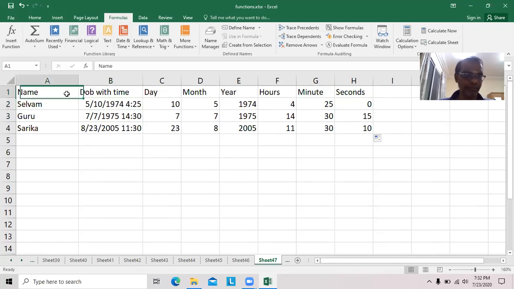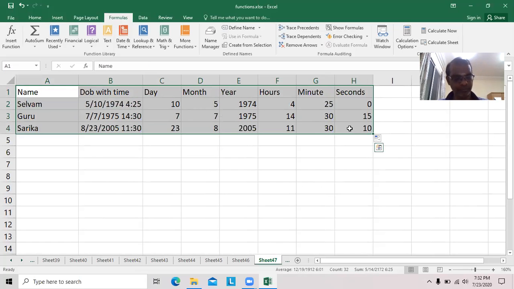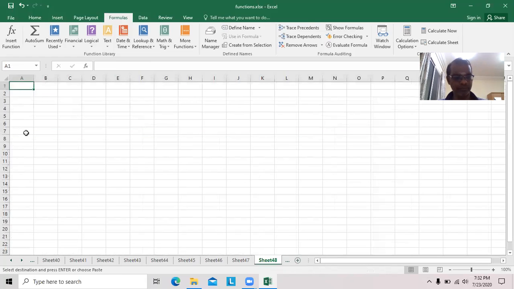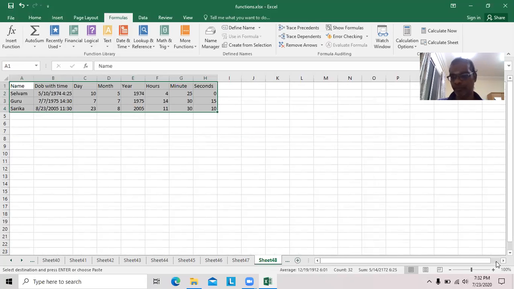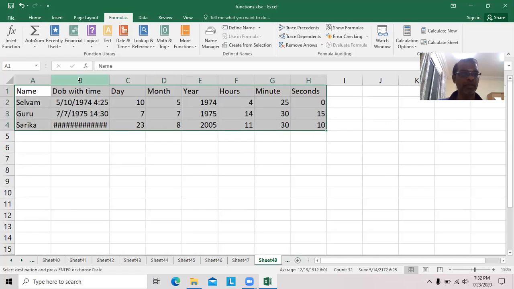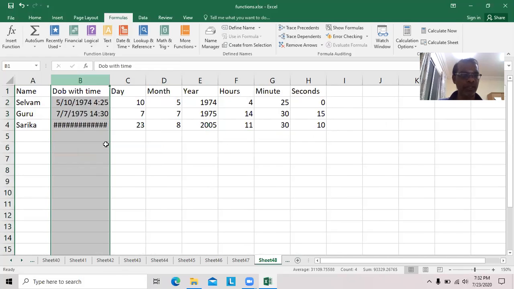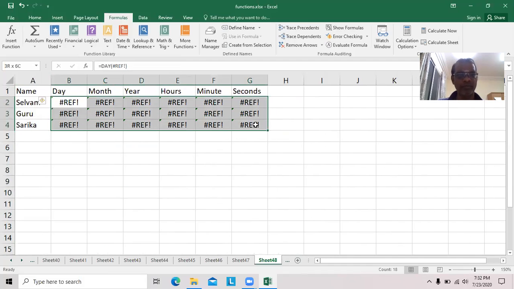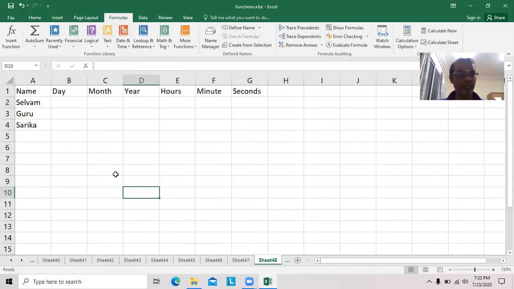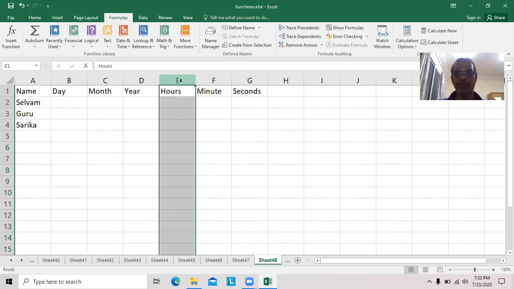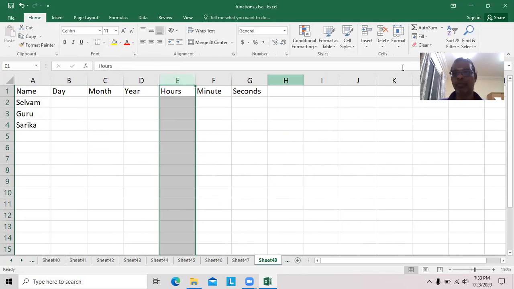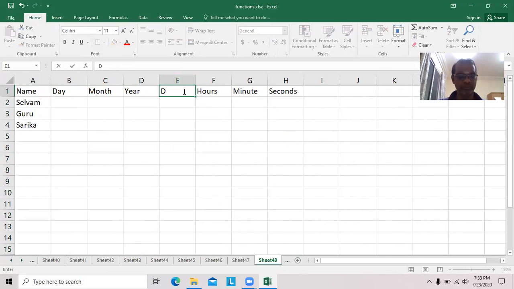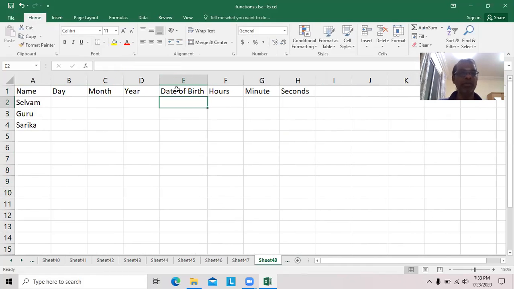We have date, month, year, hour, minutes and seconds. All are placed separately.